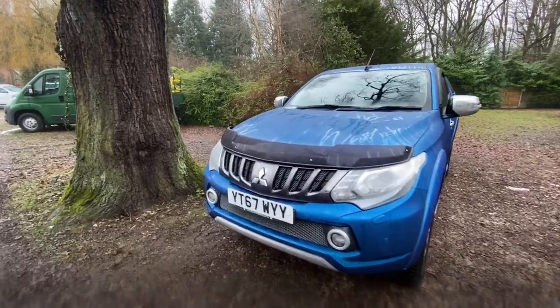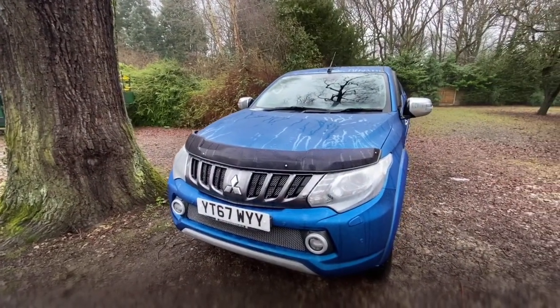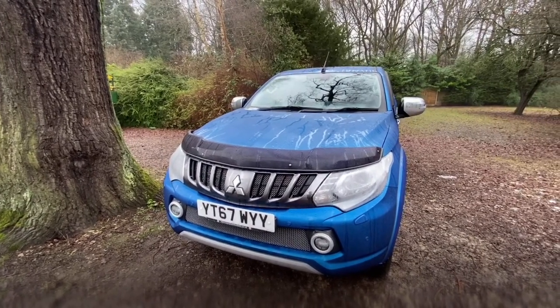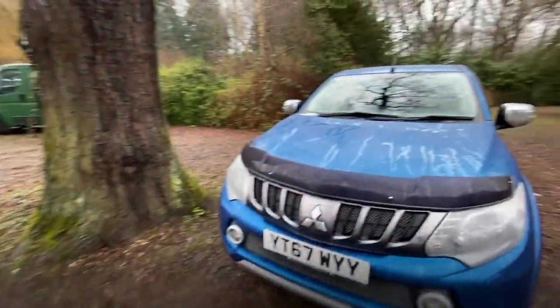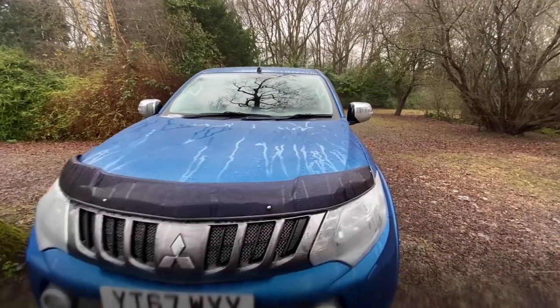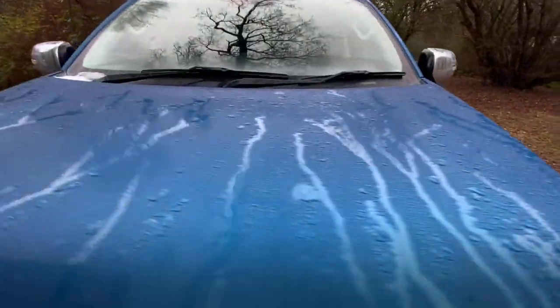Right, so obviously if you think I've missed something or if you want to see something in a little bit more detail, just give me a shout. I'll be more than happy to do it for you, no problem at all. Let's start with the bonnet and then we can work our way around from there. I will apologise, as you can probably appreciate, it has been raining. I'm just trying to duck in between and obviously get it sorted between, but hopefully you can see past the water. Right, so the bonnet